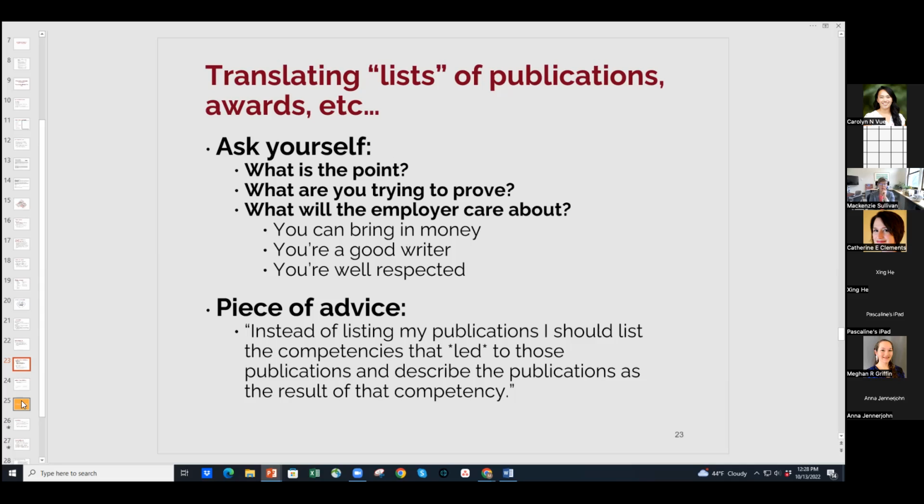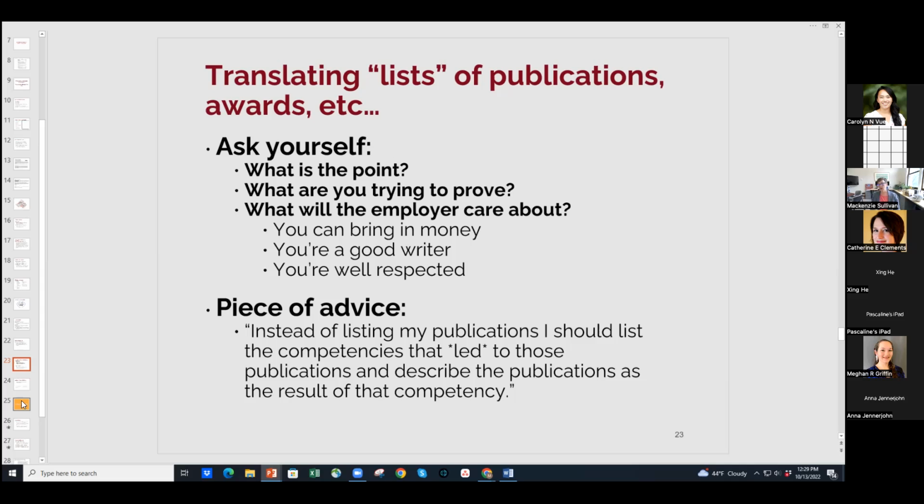Is it with fellowships that you can bring in money? If you're able to get things published, it's because you're good. Is it that you're a good writer? If you're getting awards, is it saying, I'm well respected? So sometimes people will say things like, published 27 articles in 13 different journals. I'm making this up, right? Or received awards totaling $50,000. Those prove something to the recruiter or the employer without having to list out things that people don't care very much about, which are titles and the names of the journals. Outside academia, people don't know those things, so there's no point listing them.